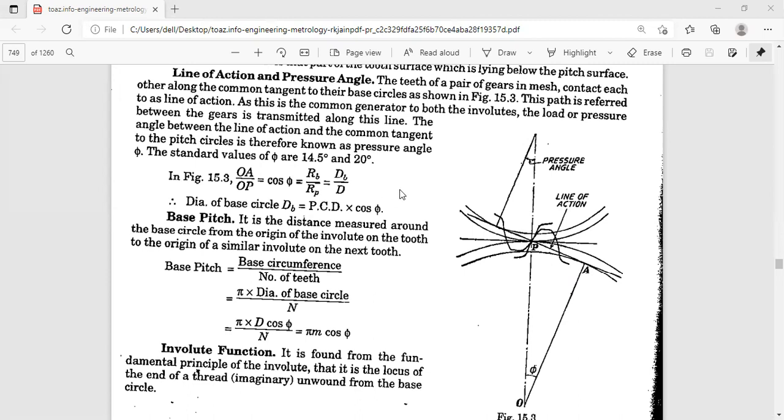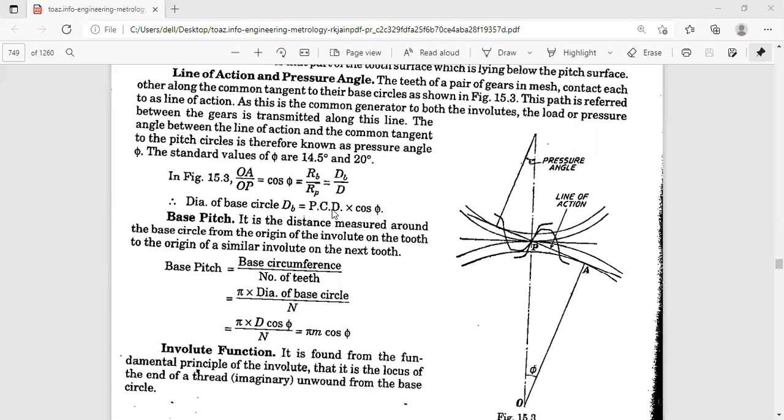So you can express that radius in terms of diameter also, base diameter by pitch diameter. So what is the diameter of the base circle? You just try to note all this, because not only in metrology, sometimes as per the curriculum and syllabus, questions are asked in competitive exams as far as the problems are concerned. So it will be useful as a prior rehearsal for the DME, design of gear formulas.